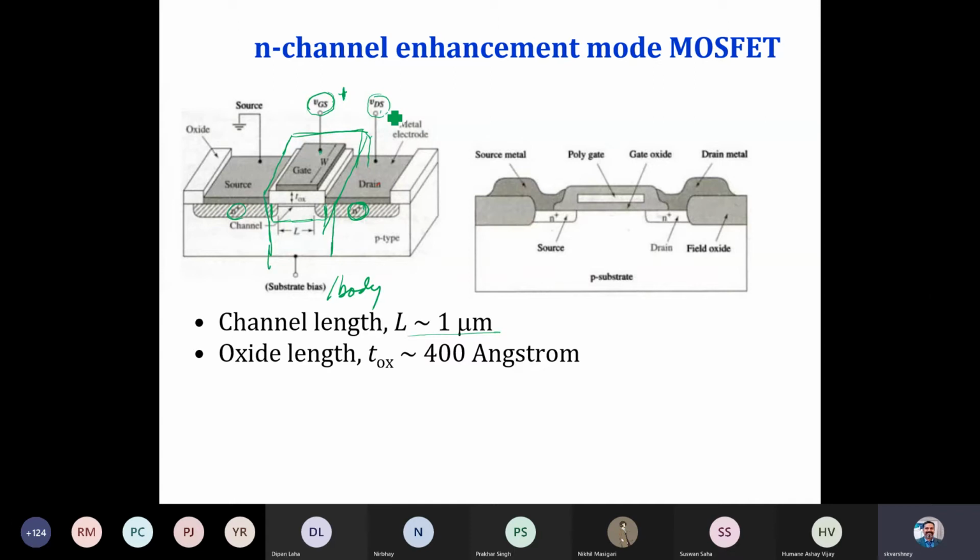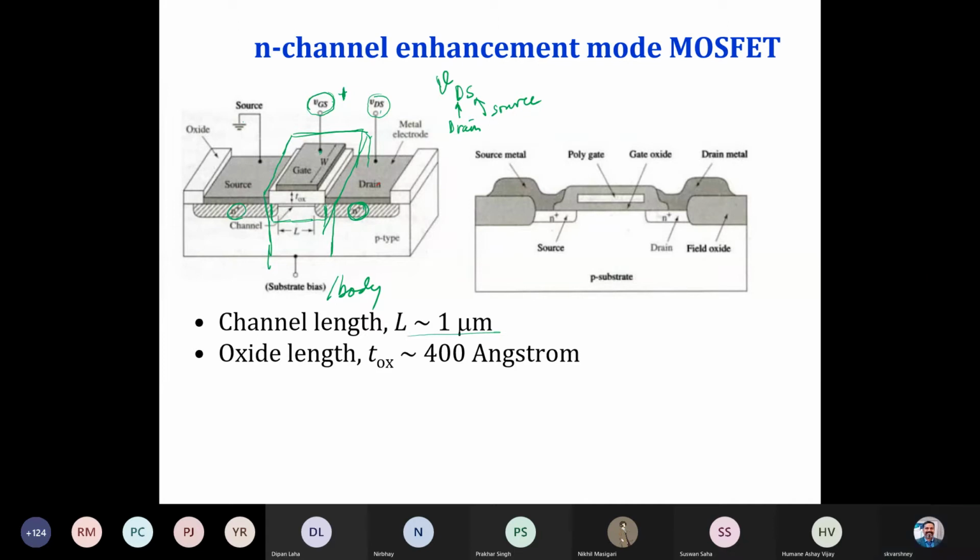Whenever we see this nomenclature, like VDS, this is the drain I'm talking about, with respect to the source. The source is at ground, so whatever voltage we apply is with respect to the source. In the same way, we apply the voltage at the gate with respect to the source. So that's VGS, right?